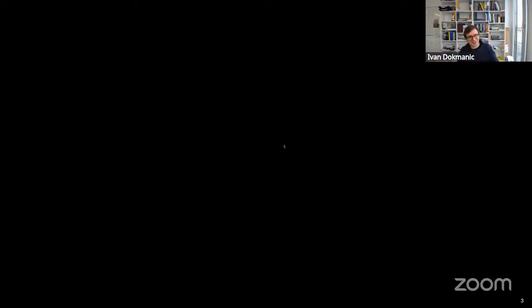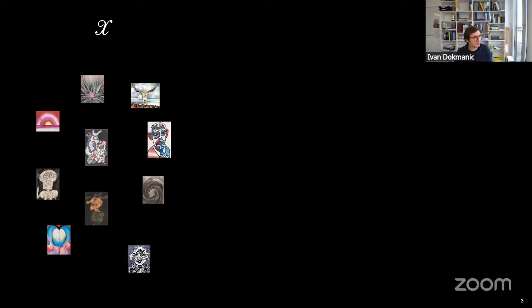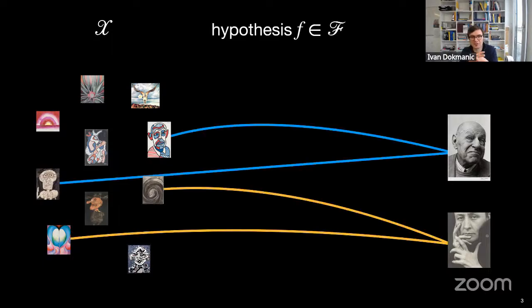So just to bring everyone onto the same page, even though I know that I'm preaching to the choir, the setup for machine learning on graphs is a little bit like this. In standard supervised learning, there's a set of objects like medical images, people, or paintings, for example, that we want to reason about. And reasoning could be, for example, that we want to know who made these paintings. So we want to solve a labeling or a classification problem. In this case, this can be either Jean Dubuffet or Georgia O'Keeffe. And the way we want to do this reasoning is by building or learning or selecting a function out of a big set. And this particular function does a good job. It is actually correct on all the images.